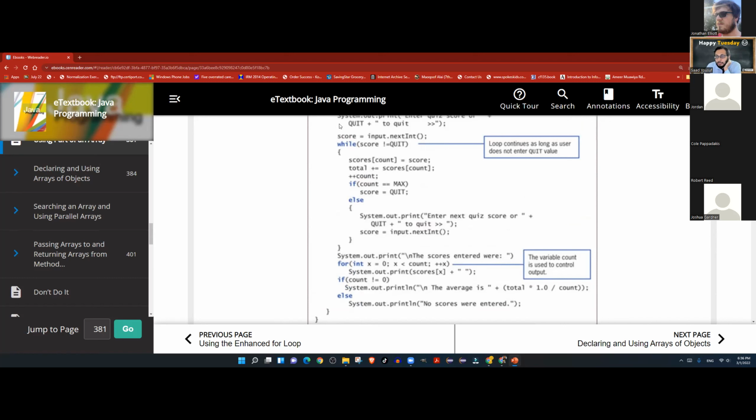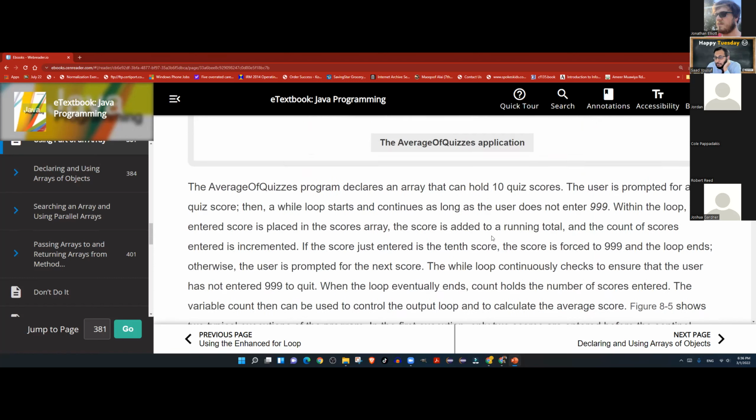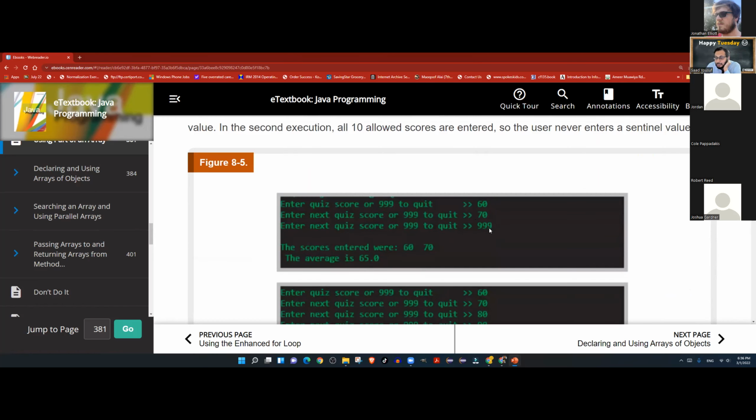So you go back into the loop. Since the score is now equal to quit, you will not be adding it to the running total. You'll just quit the loop and directly go to this line. The scores entered were. So that's why when the user enters 999, the next cycle is a quit cycle.